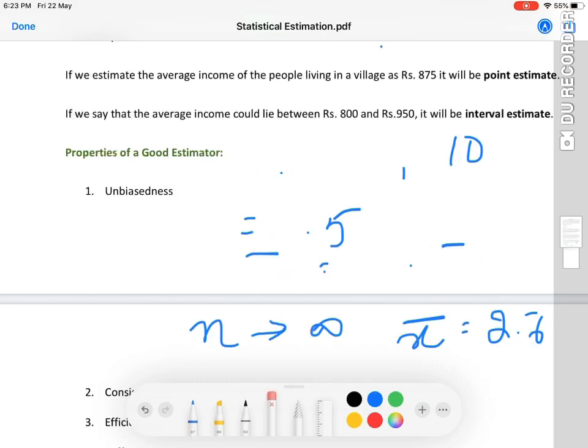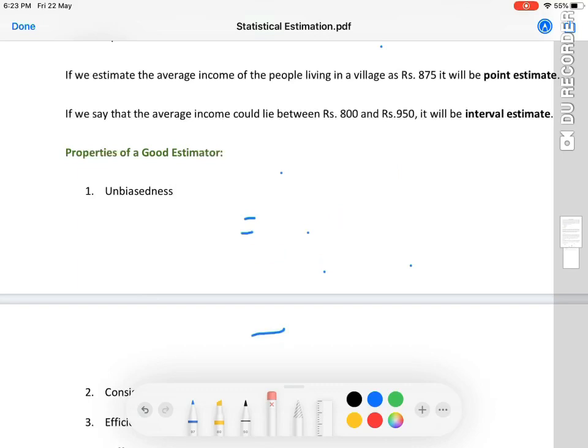As the sample size increases and becomes close to the size of the population, the estimate is more or less closer. Whatever value we have calculated should be closer to that of the population parameter. Now the next property is